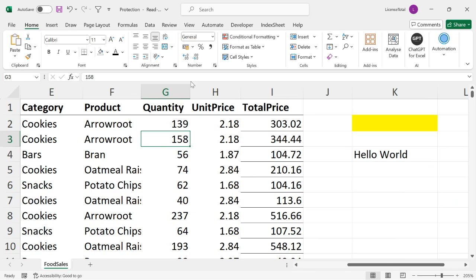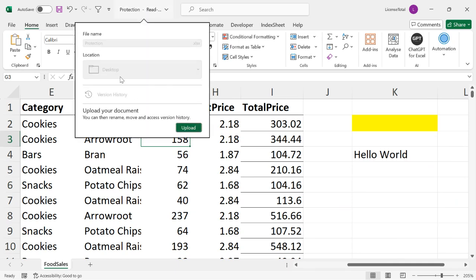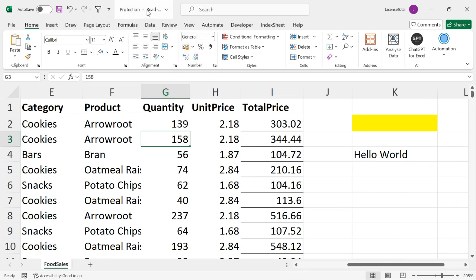See, if you look at the top of the window, you'll see something called read only. This file has been opened as a read only file. What does that mean? Whatever changes I am making, I cannot save in this file called protection. This file is locked. You can make any changes, but if I try to save, pressing Control S, or clicking on the save button,